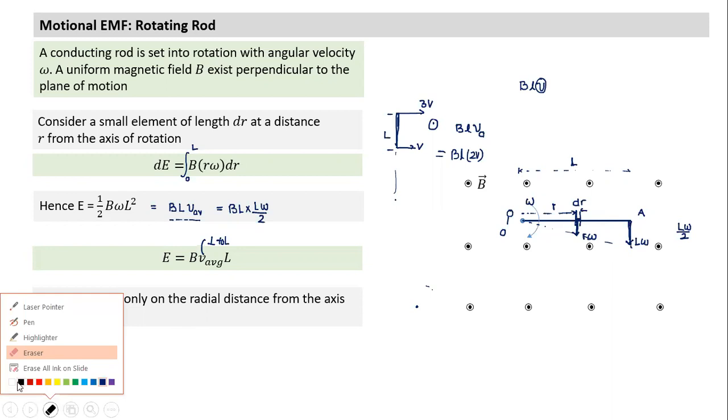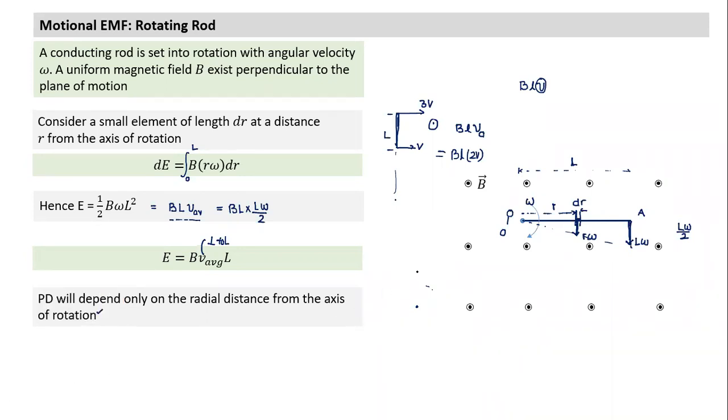What happens if we spin a circular ring? I have a circular conducting ring of radius r, and this is the axis, and it is rotated with angular velocity omega. Any two points on the ring, will the potential be the same or different? Will there be any potential difference between any points on the ring? All points on the ring will be at the same potential.